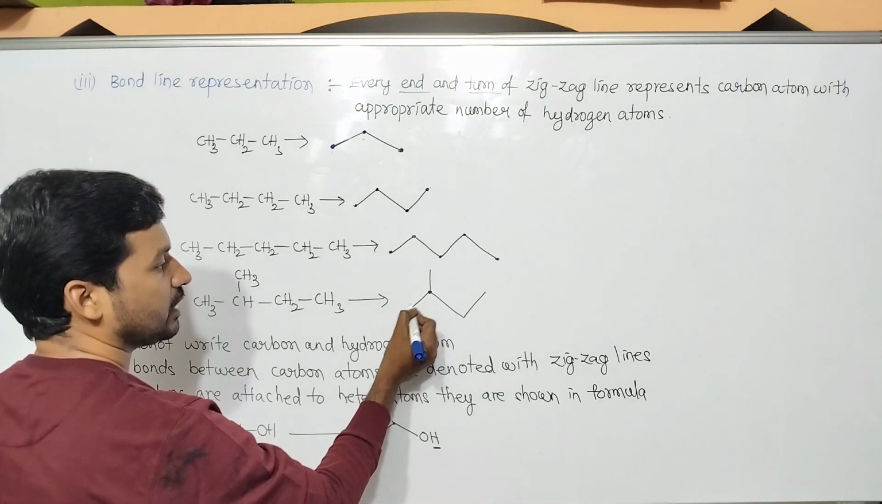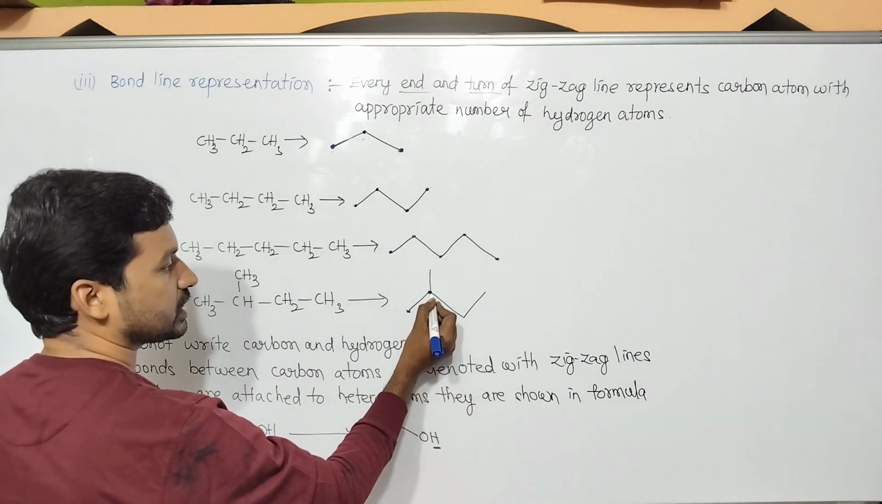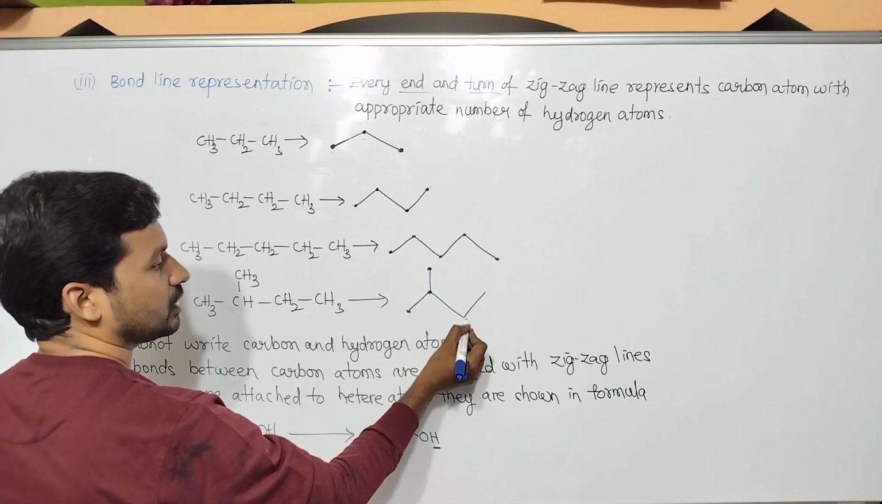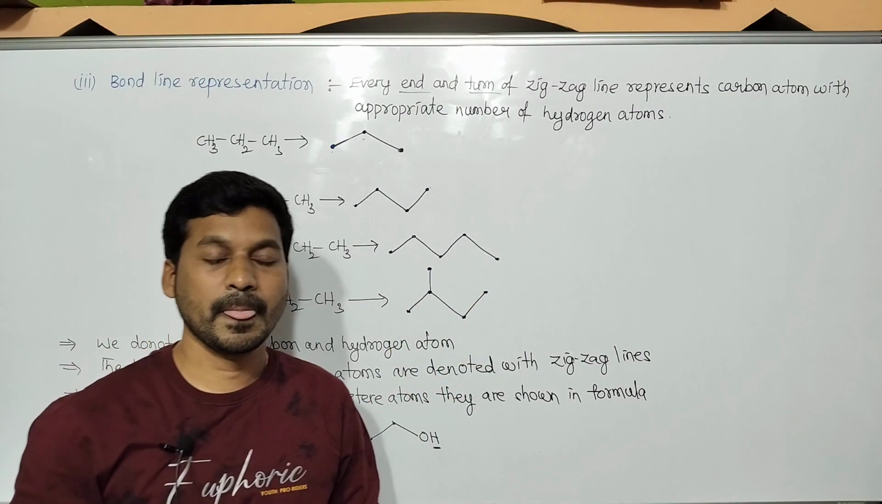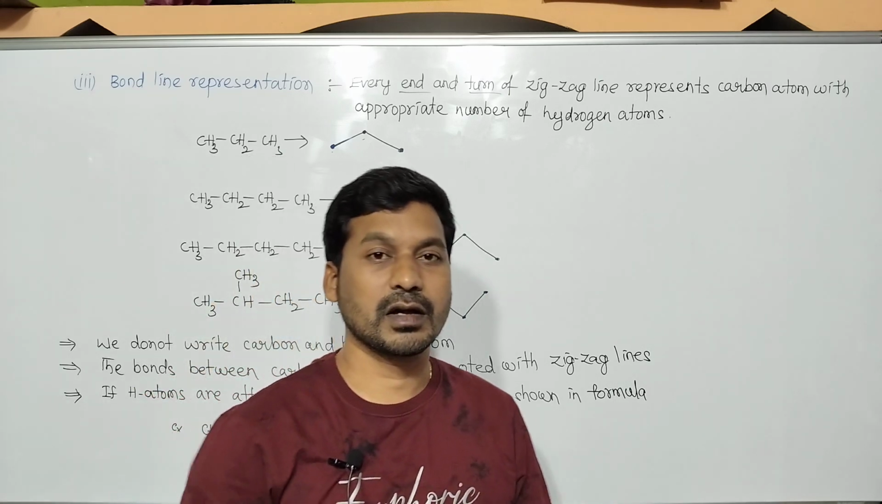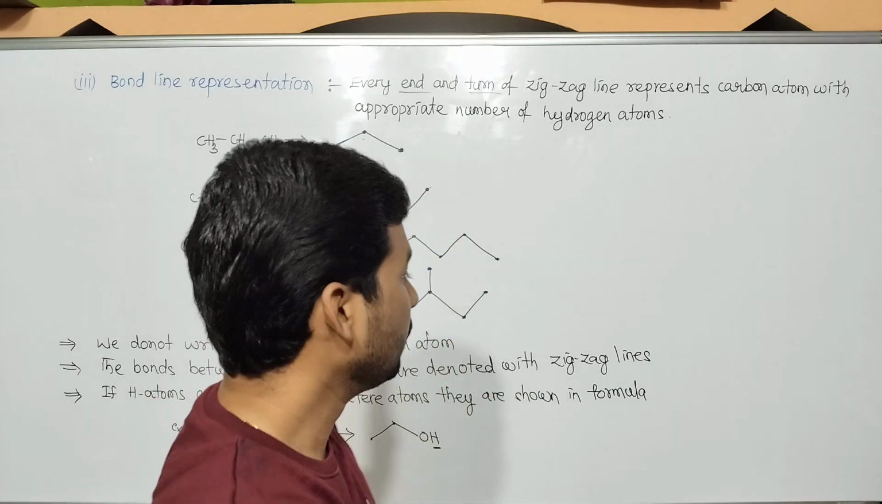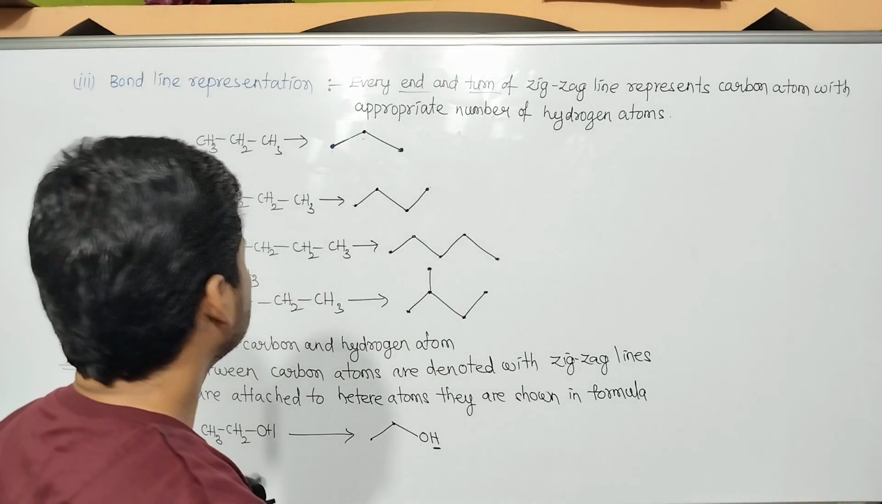Here carbon with 3 hydrogen. Here for this carbon 3 bonds are there already. Only one hydrogen, CH. Here CH3, CH2, CH3. This is the bond line representation of an organic molecule. And lastly we have what? Next is,